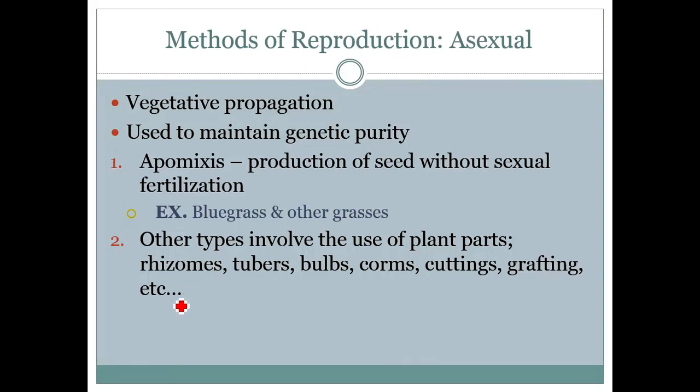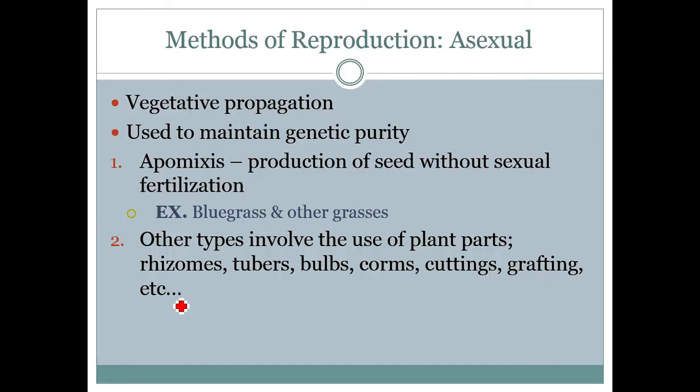They do a lot of this in horticultural crops, fruit trees in particular, ornamentals. We don't do a lot of it in agronomic crops. We do have at least one forage, Bermuda grass, hybrid Bermuda grass, and some hybrid turf grasses that reproduce through